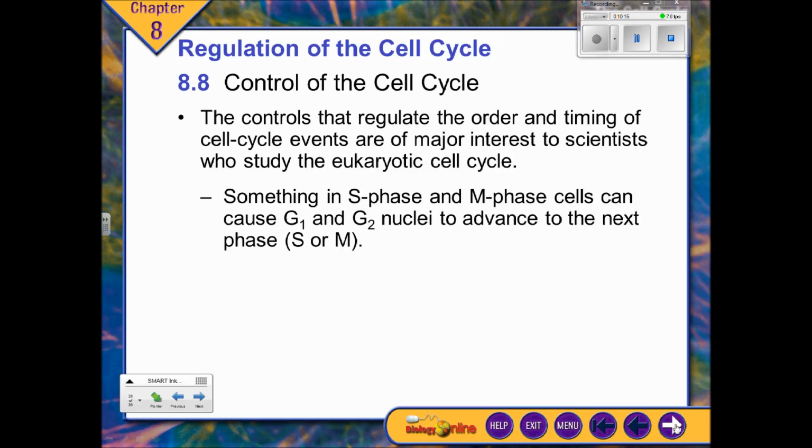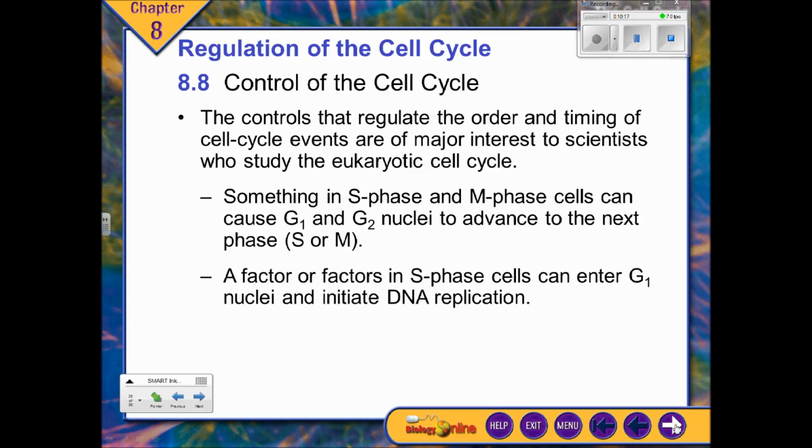Okay, now, this is more of the why. Some of you are looking at these pictures like, who cares, okay? But this is very important to human beings because of cancer. Cancer is when the cell cycle is not being regulated. The cell cycle is out of control. It keeps dividing. We keep getting more and more cells. We don't need them.